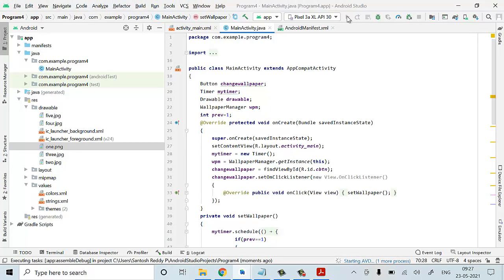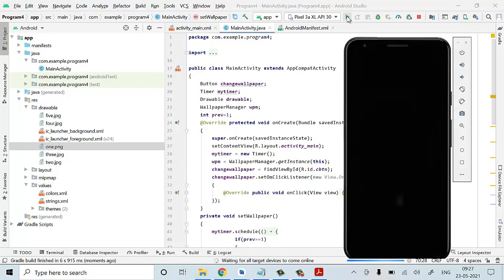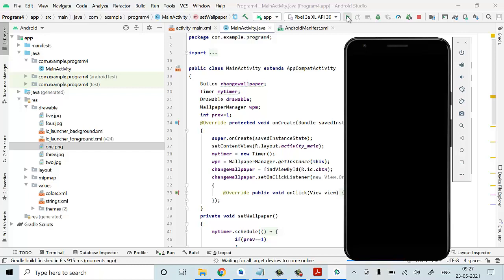Started AVD manager. Then it starts Gradle finishing and then it starts execution of your code. Now your code has started.